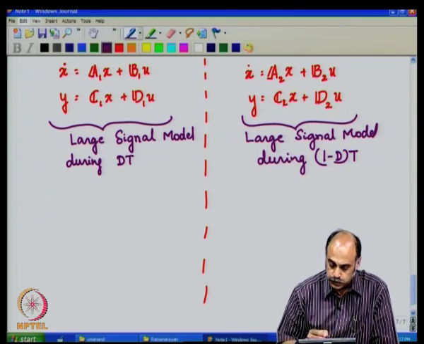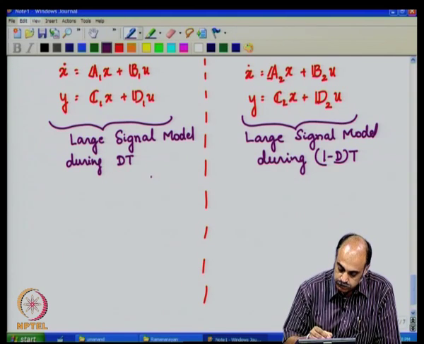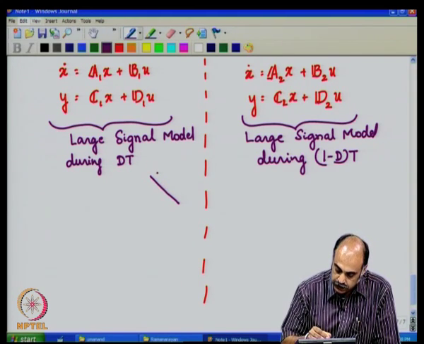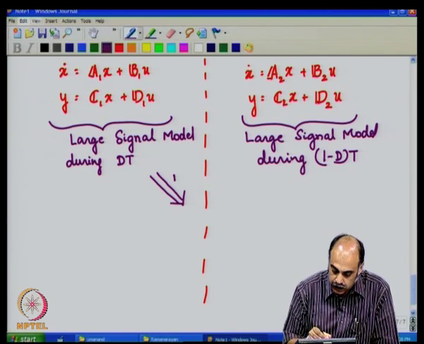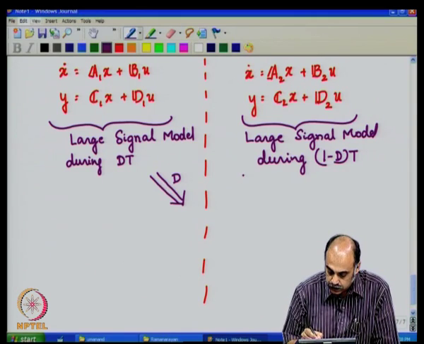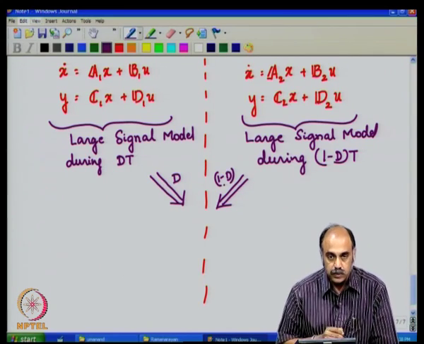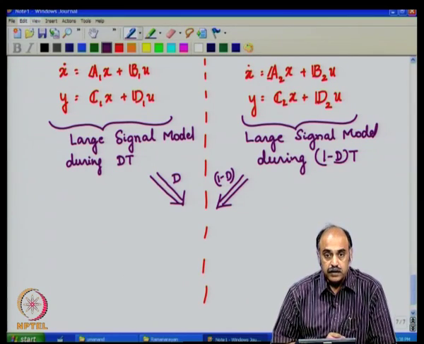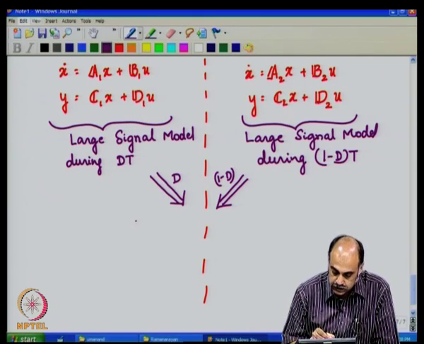So, what we now do is combine these two by averaging. Take this model, average it by multiplying by d, take this model, average it by multiplying by 1 minus d, so that we get some kind of a state averaging. So, if I take for example state x here,